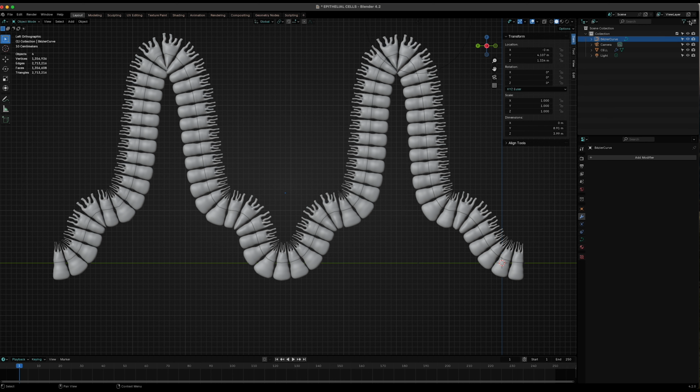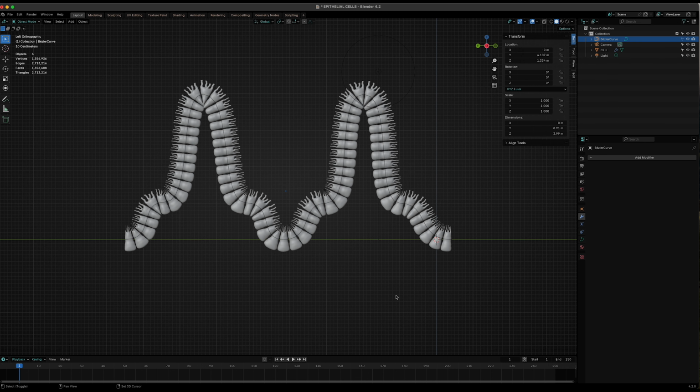You can use this tool here to lock it or unlock it. I locked it so it doesn't move. But when you lock it, you can't select it. So this curve, we want to build some volume into it. So I'm going to lock it again, and I'm going to add